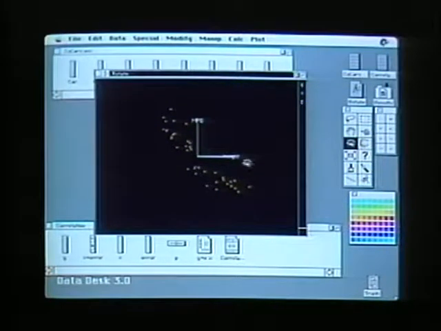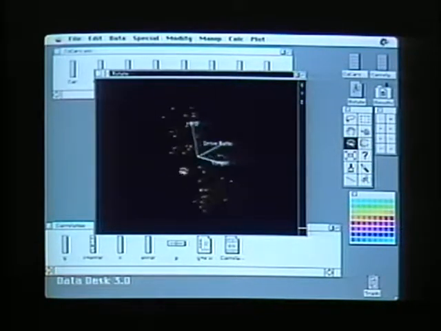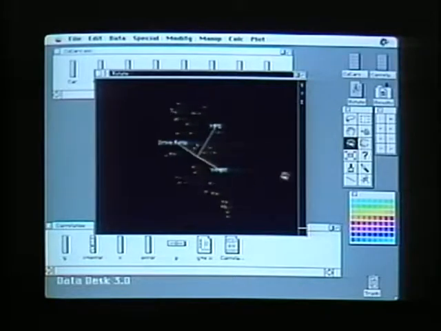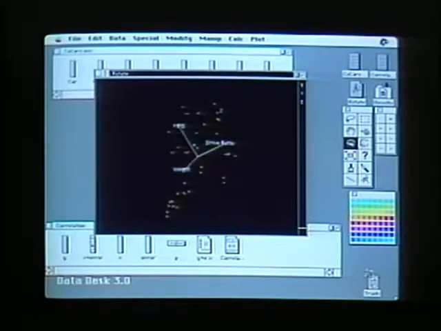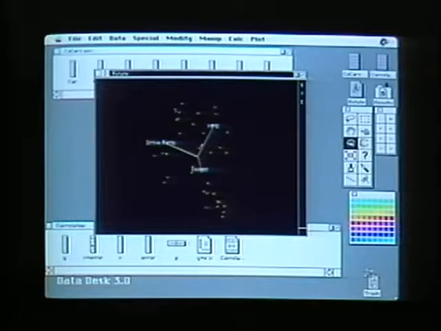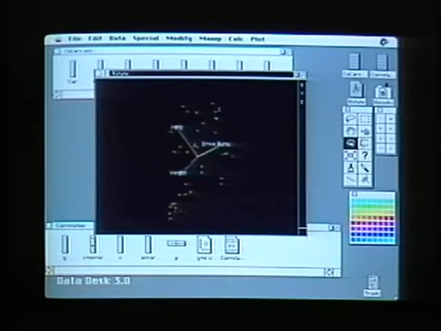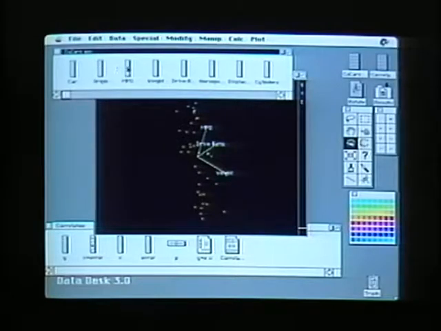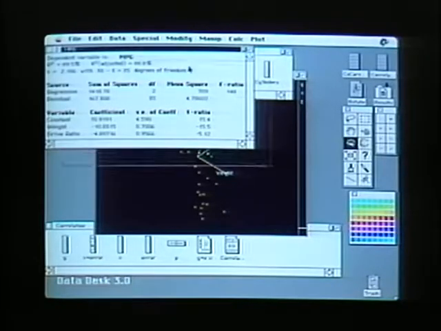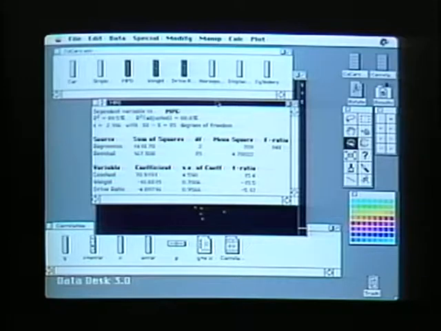Let me give you some idea of that. Here we have the same plot we looked at before, gas mileage against weight, but I've added an additional variable. I've thrown drive ratio into the model, and I can now rotate that and visualize the 3-dimensional relationship. Now, in this particular case, one of the things I can see is that this is a flat surface. You can see there it is on edge, and here it is face on, and that tells me, for example, that a regression analysis might be appropriate for these data. So I could go up to the variables and say I wanted to predict gas mileage from weight and drive ratio in a regression, and compute the regression right there. Now, that would be a typical way to start an analysis of these data.